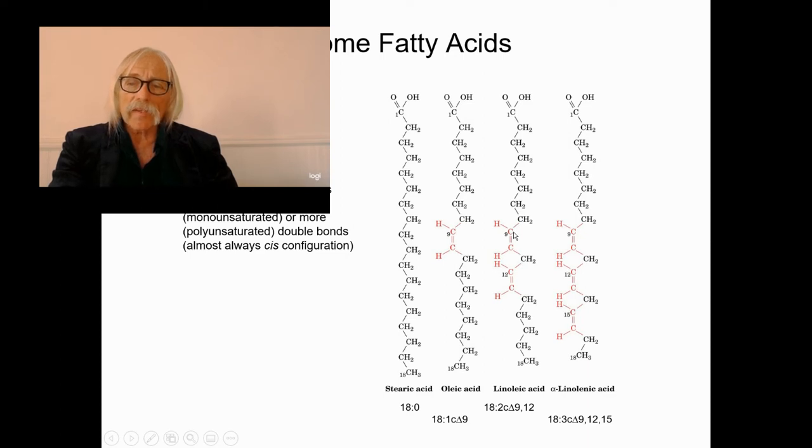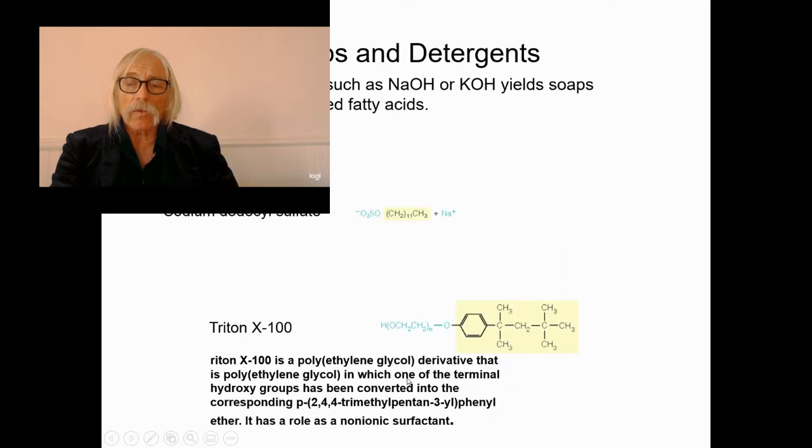Linoleic acid is going to have a delta 9-12, and because 12 is 6 carbons away from the terminus, that would be an omega-6 fatty acid. And there's alpha linolenic acid, and that has a delta 9-12-15 double bond configuration. There are 3 double bonds in alpha linolenic acid. And because that last double bond from the methyl terminus is at the carbon 15, we call this an omega-3 fatty acid. It's omega-3, it's omega-6, it's omega-9. This is simply 18:1. Okay.